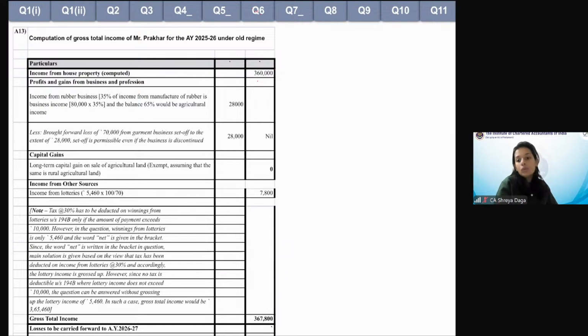Now somebody asked me, I didn't understand the IFOS point. That ma'am, the question says income from lotteries net 5460. What do you mean by that? See, in case of income from lotteries, what happens is,